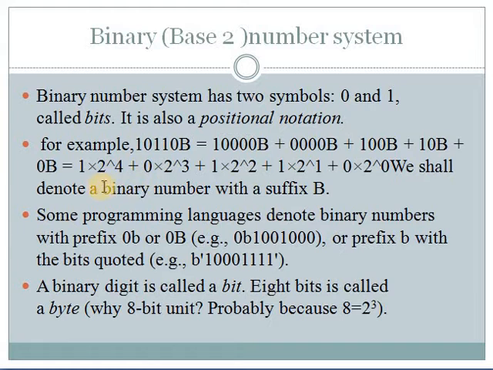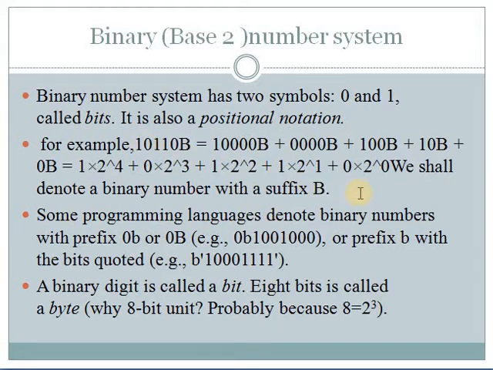Okay, we will see the explanation for this. In a similar manner to what we said for the decimal number system, here, from the rightmost, 0 into 2 to the power 0 plus 1 into 2 to the power 1 plus 1 into 2 to the power 2, 0 into 2 to the power 3 plus 1 into 2 to the power 4. From the rightmost, 0, 1, 1, 0. So for 0 power 0, for 1 power 1, for another 1 power 2, here 3, here 4.